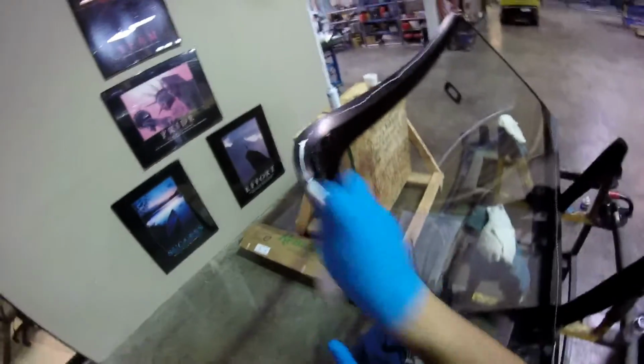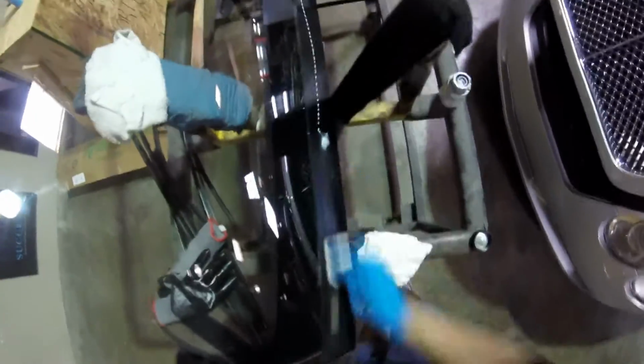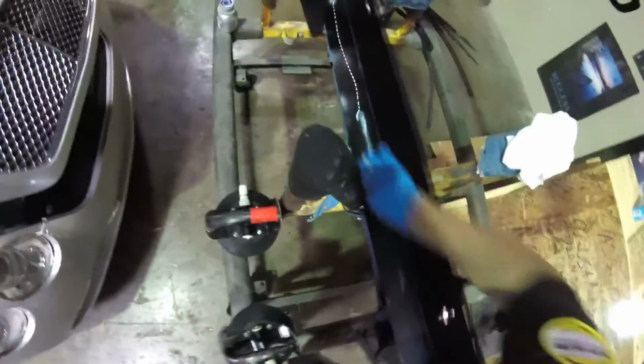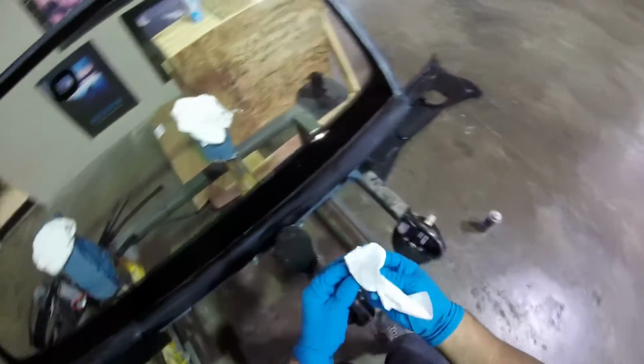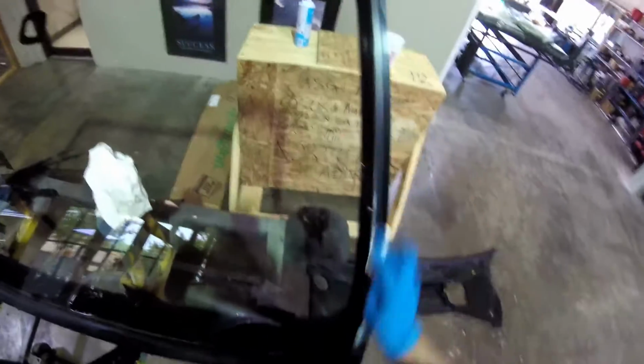Careful with the plastic thing because we can mess up the plastic bullet. You see, it's already clean and it's coming with contamination. So